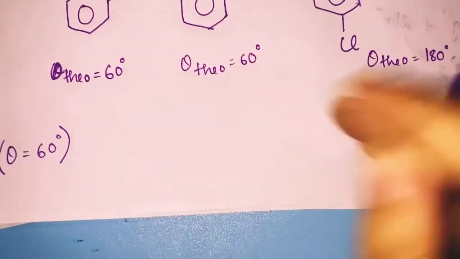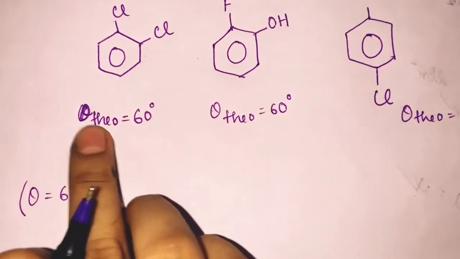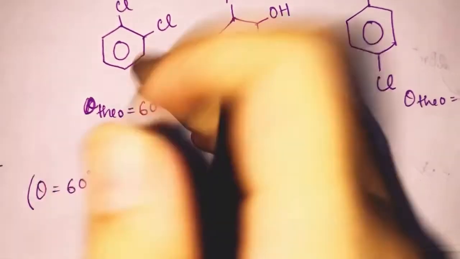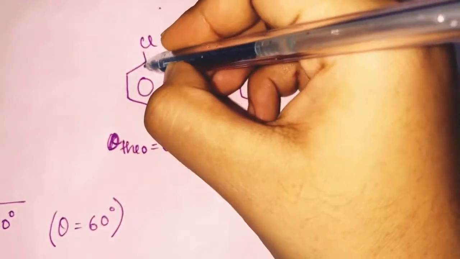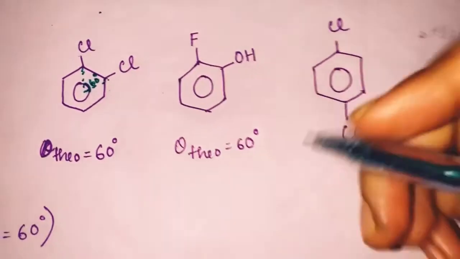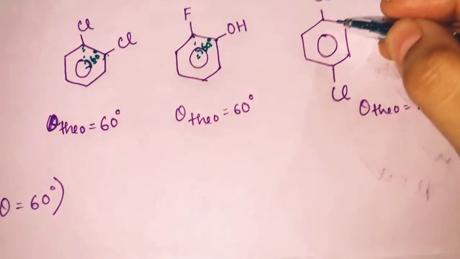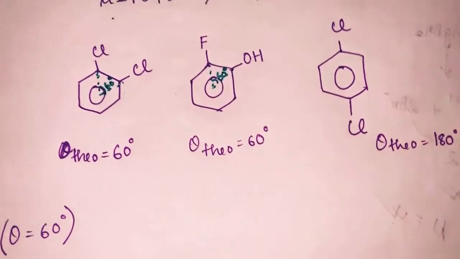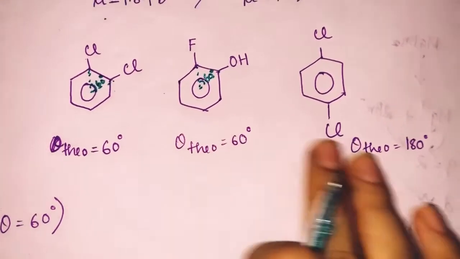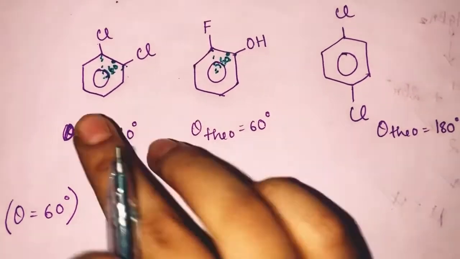180 degree. So here I have written the theoretical value of the theta between the two dipole moments, which is equal to 60 degree. Also here 60 degree, and here we can clearly see it's 180 degree. This is the theoretical value which we can say by our ideas about mathematical concepts, geometry and all.